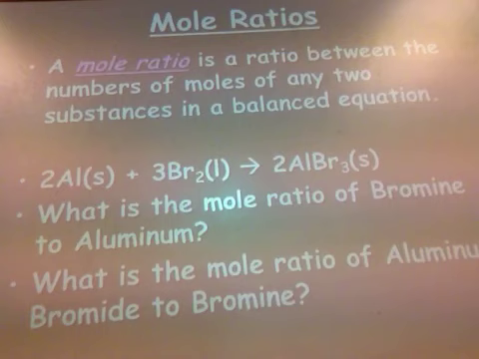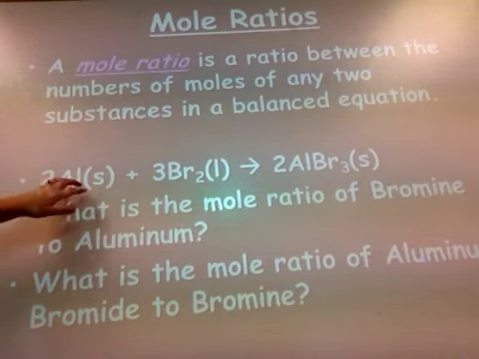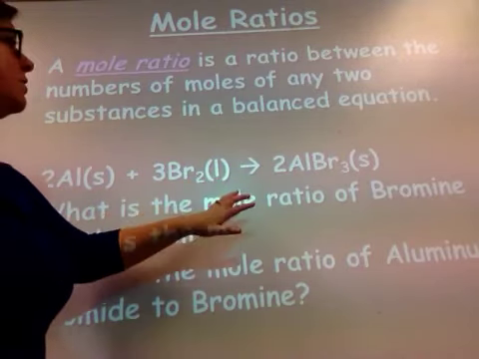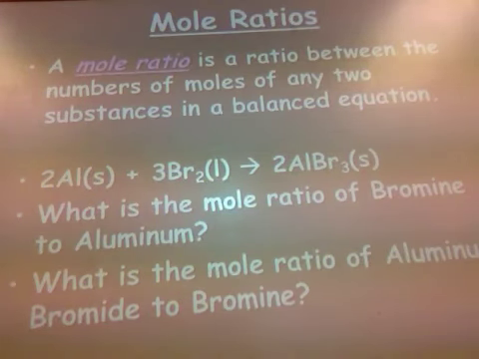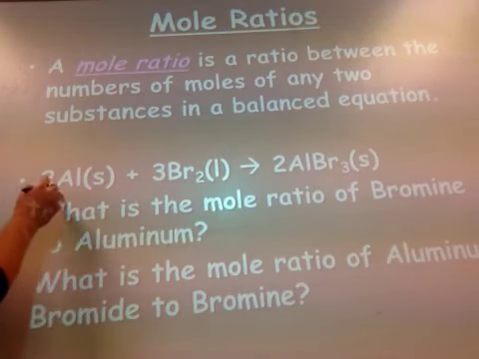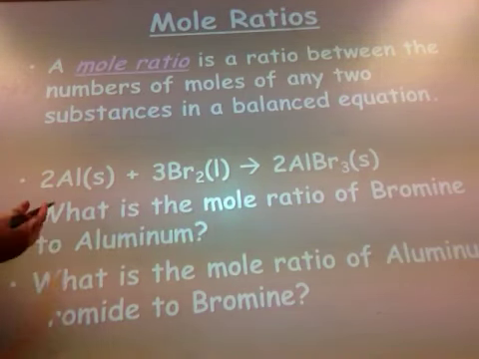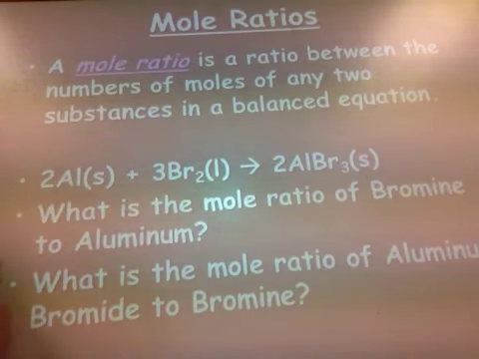A mole ratio, again, is a ratio between the numbers of moles of any 2 substances in a balanced equation. So let's look at the equation that I give you here. You have 2 aluminum atoms plus 3 bromine molecules will produce aluminum bromide, or 2 formula units of aluminum bromide. So let's just say I want to know what is the mole ratio of bromine to aluminum. So here's bromine, here's aluminum, and to find the mole ratio, I'm just going to compare their coefficients. So bromine has a 3 in front of it, aluminum has a 2 in front of it, so the mole ratio must be